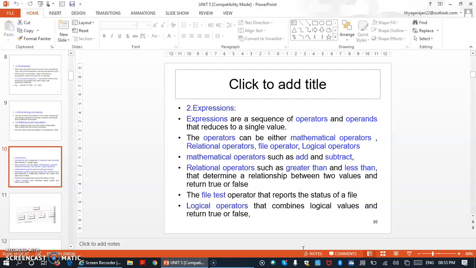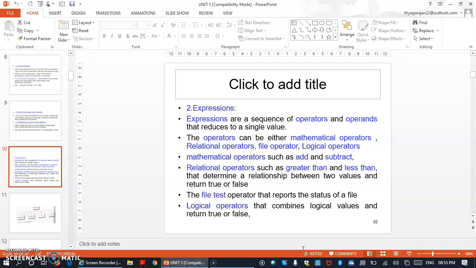Coming to the mathematical operators, like add, subtract, multiply, division, all are mathematical operators. These can be used in between the operands, so that with 2 operands we can perform one expression by using a mathematical operator.